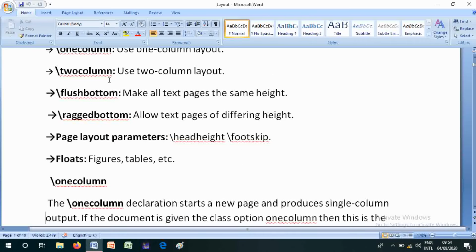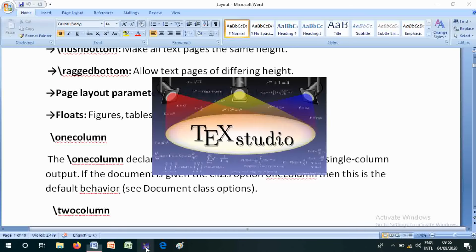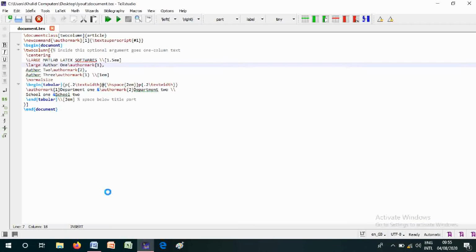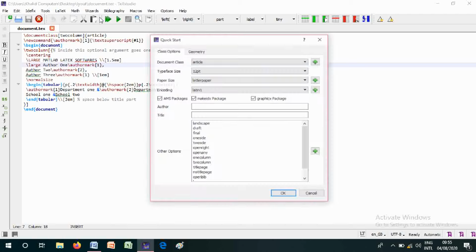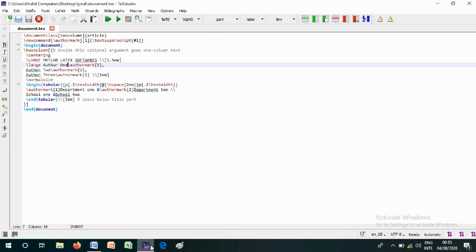One column. The one column declaration starts a new page and produces a single column output. If the document is given the class option one column, then this is the default behavior. See document class options, and we will check it in document class options on LaTeX. Go to the wizard menu and quick start, and these are one column, two column, title page, etc. Cancel it, and we will go to the